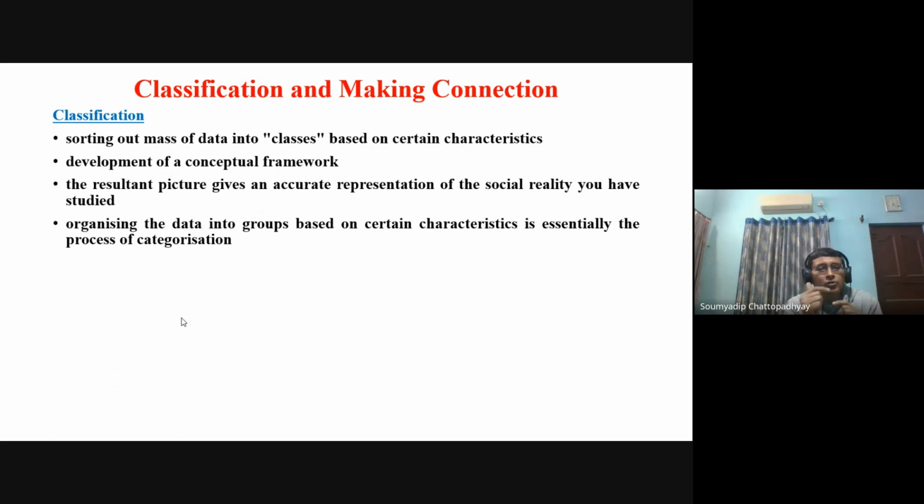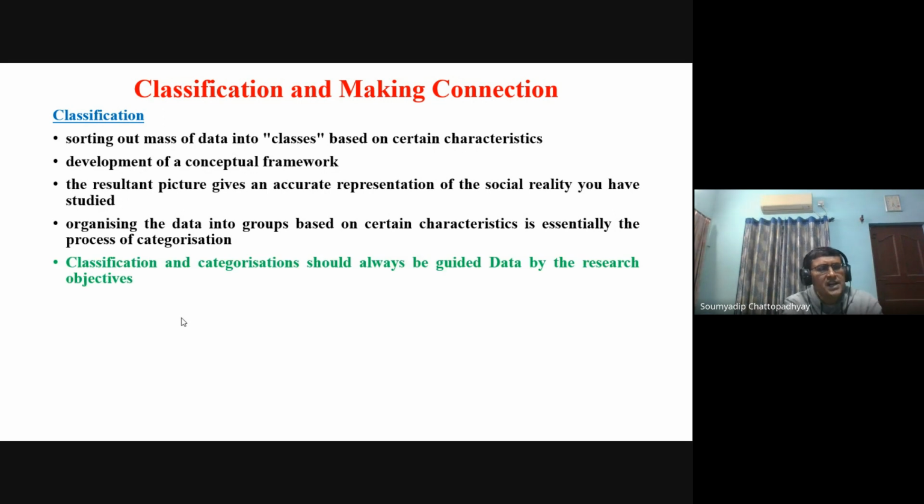Then you have to think of developing a conceptual framework so that you can relate it with the classes which you have sorted out on the basis of certain characteristics. Then only the picture that you will get will give some kind of accurate representation of the social reality which you have actually studied. And then you have to organize the data into groups based on certain characteristics. Essentially, it is known as the process of categorization. That is why it is said that the classification and the categorization of the data should always be guided